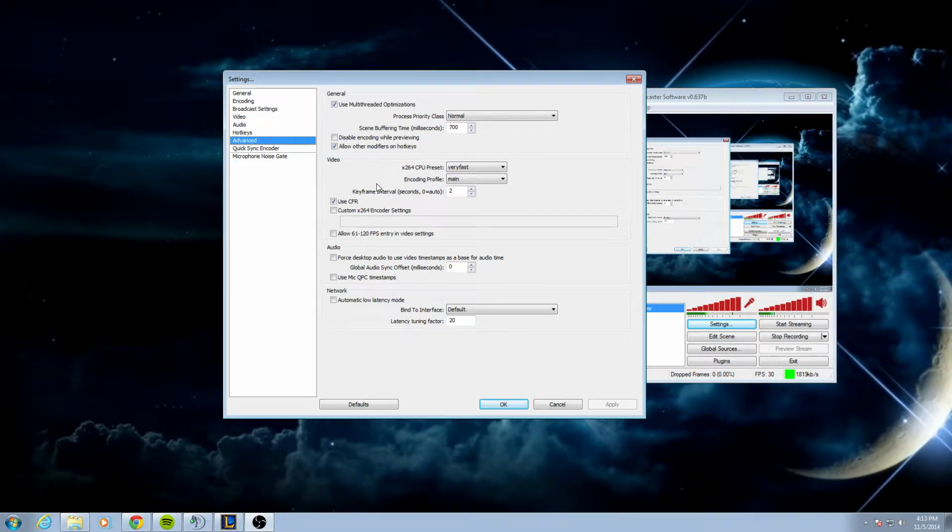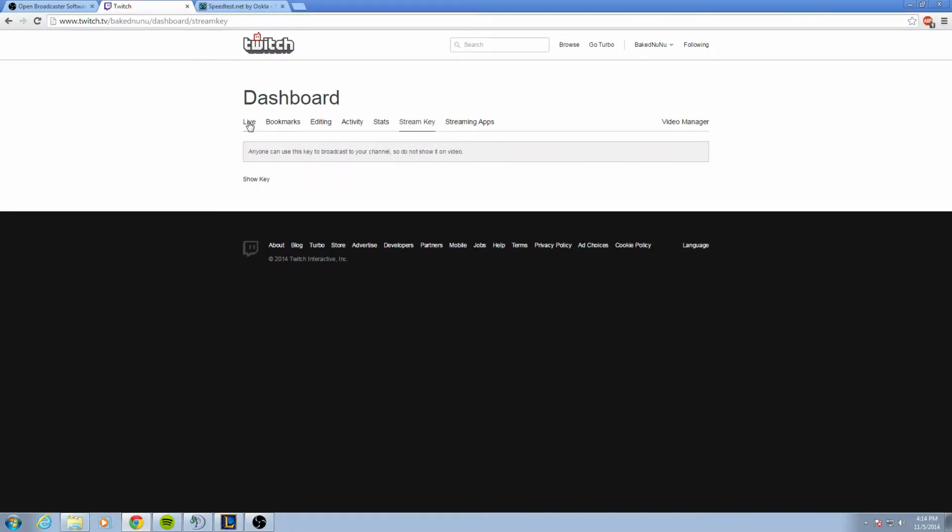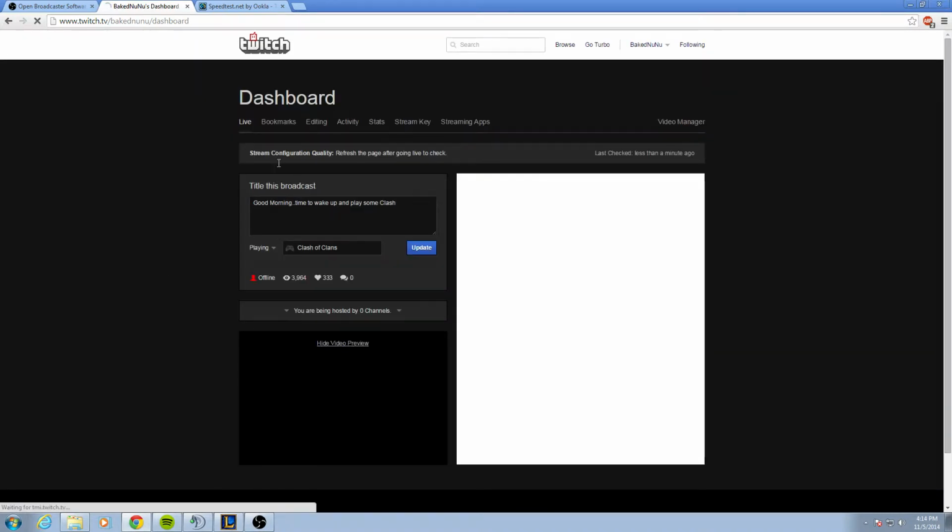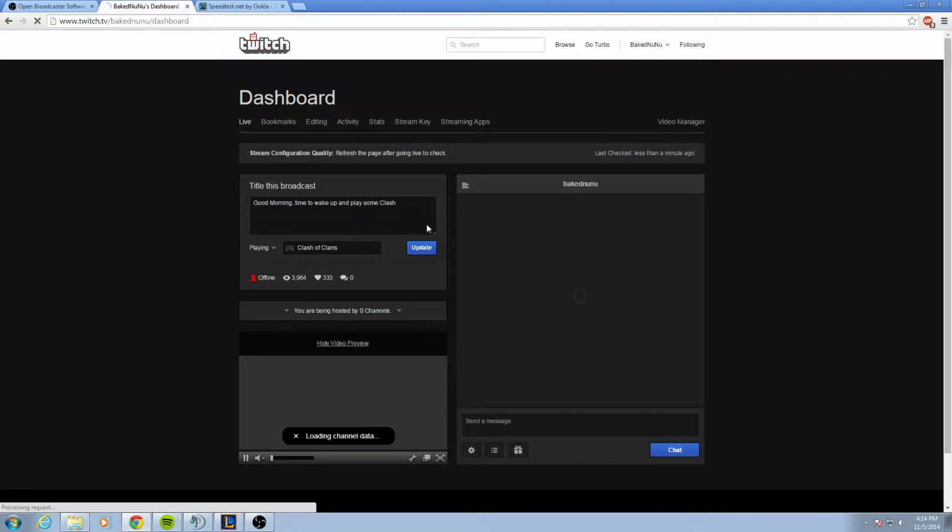Next is the advanced, which again is all preferences. The biggest thing is use CFR, and that has to be set at a keyframe interval of 2. If you're streaming to Twitch TV, it has to be set at 2. If it's not set at 2, it will tell you that Twitch TV recommends it to be set at 2, and then it'll also show on your dashboard. If I go back to my live dashboard here, it'll show up here. I'll have a little error message right in this little area right here